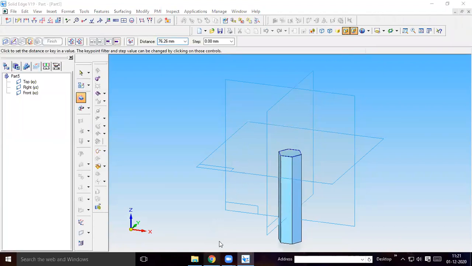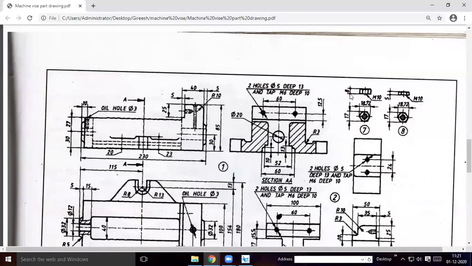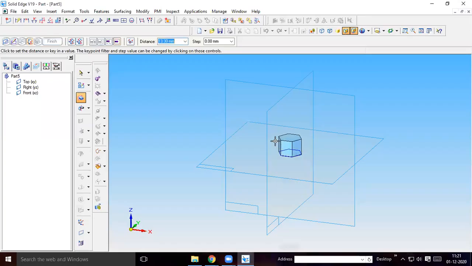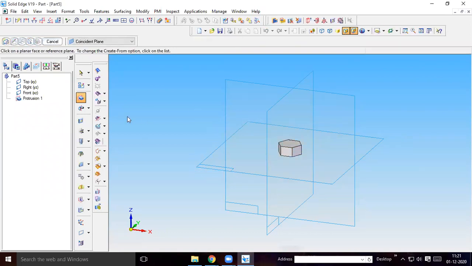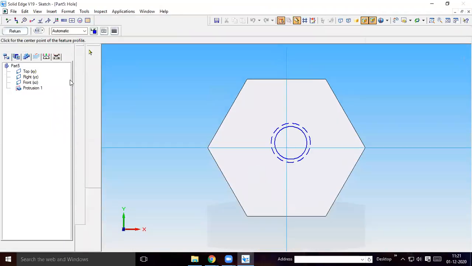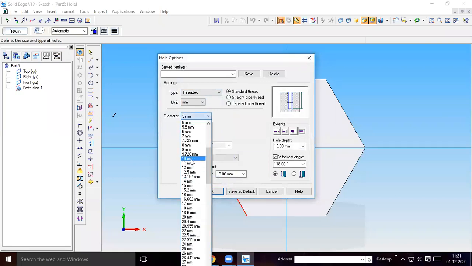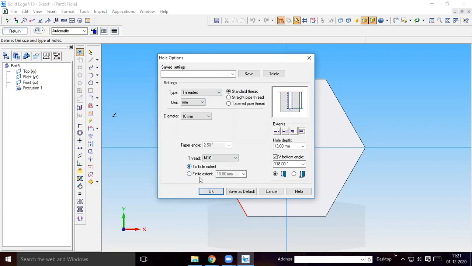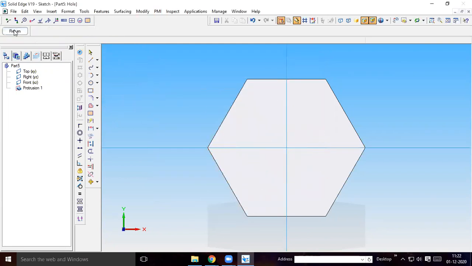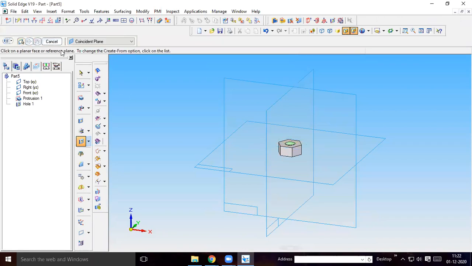So the height will be, I think, 8 mm. See, 8 mm is the height. Okay, select, then finish. Then on top of this, we have to create a threaded wall. Okay, so define this threaded wall of M10 diameter. M10 to wall extent. If you give wall extent here, through all you give, say okay. So then place at the center, then return, give bottom direction, finish.